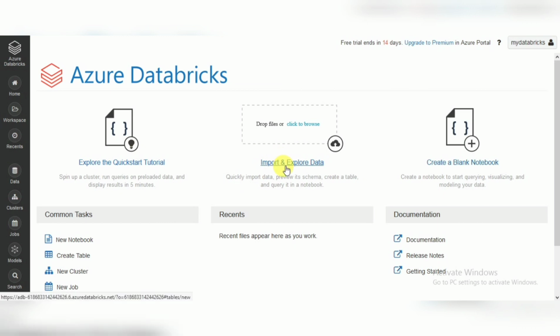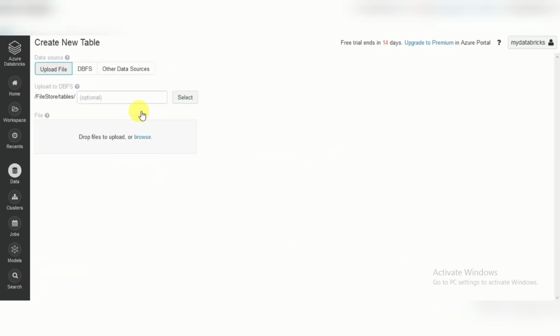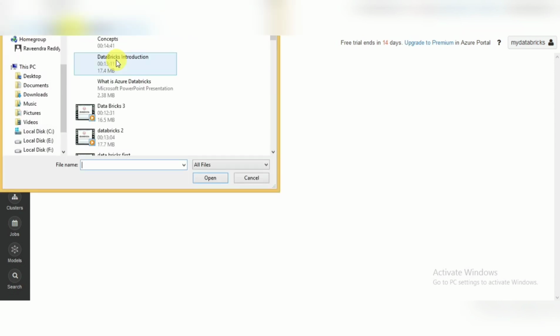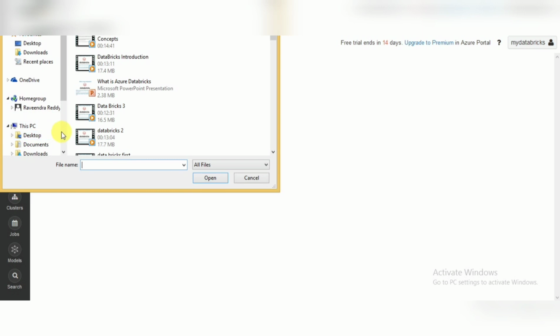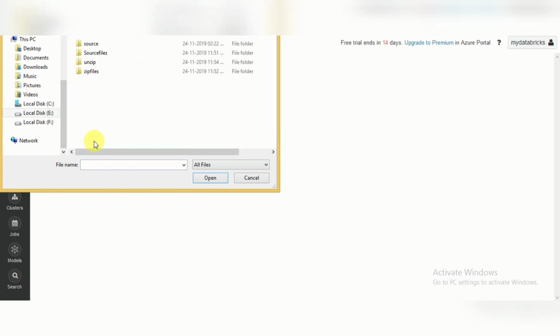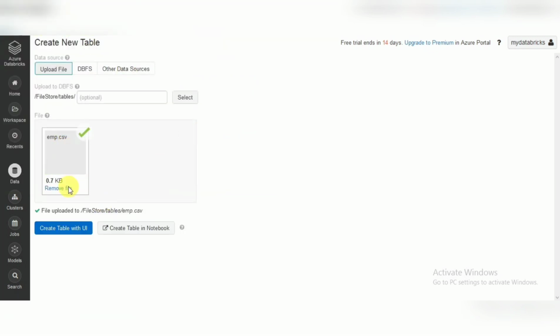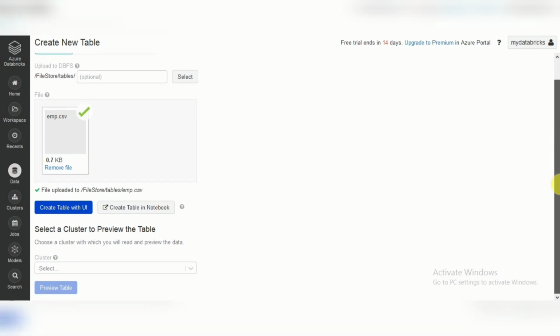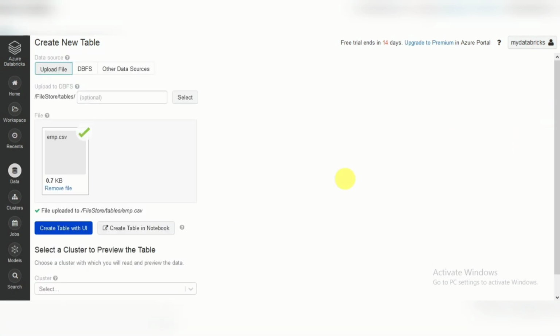If you want to import any data, you can directly import the data. Let's see, here you can choose a file. I will show you one sample example. So you have uploaded a file. When you want to create a table, see here, it will ask for the cluster, because as of now we have not created any cluster. Cluster is a basic thing, so whatever you are going to do here, everything will link to your cluster. Without a cluster you can't do anything.